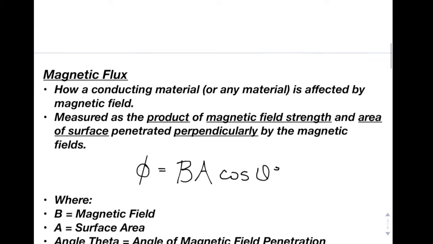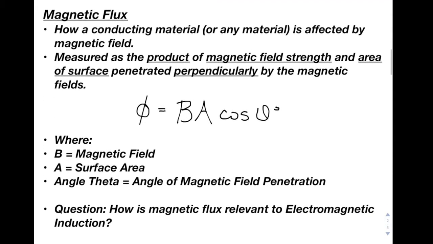And magnetic flux is essentially how a conducting material, or any material for that matter, is affected by a magnetic field. So magnetic flux is measured as the product of the magnetic field strength and the area of the surface penetrated perpendicularly by the magnetic field. The word perpendicularly is used because when the magnetic field penetrates the surface at a perpendicular angle, the magnetic flux will be at its greatest value. We're going to see later how when the magnetic field penetrates a surface area in parallel, there will